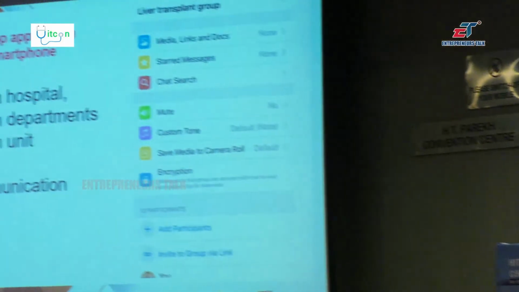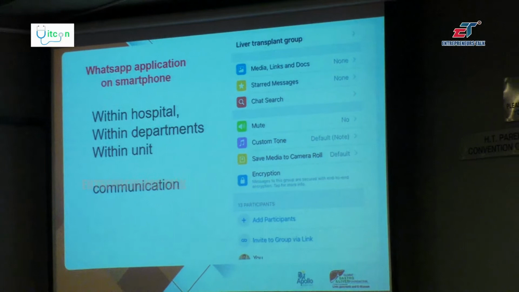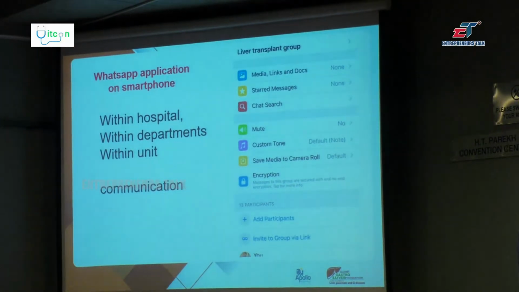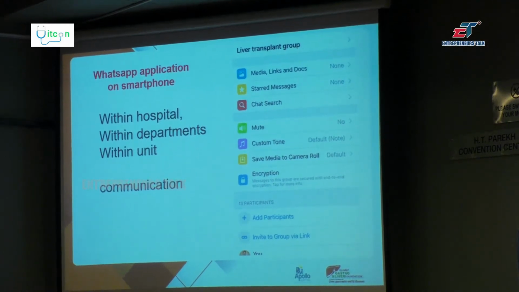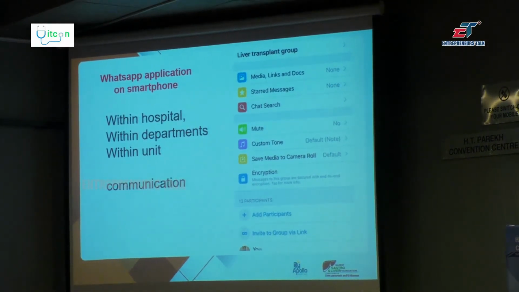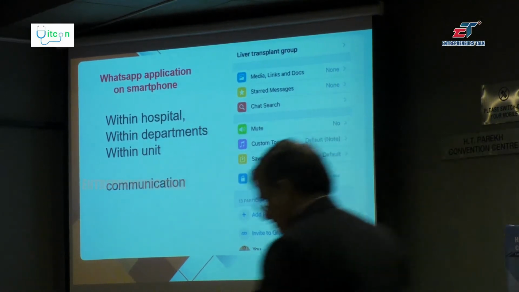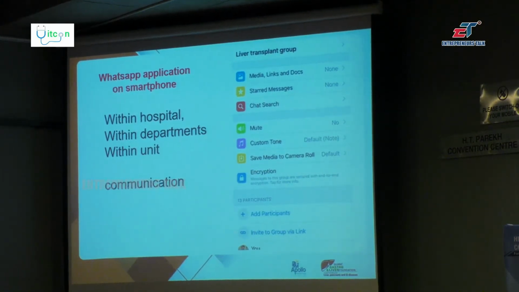Now, when you have so many people involved in the care of a patient, located in various hospitals, in various cities, and even within hospitals, some at home, some in the hospitals, in various departments, the same information needs to be shared with so many people at any given point in time. In the era before smartphones or very simple things like WhatsApp, the same phone call needed to be made to so many people. Phones used to be engaged and people used to keep calling for small things, and there used to be a